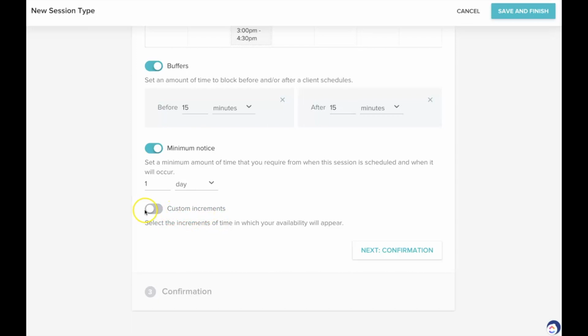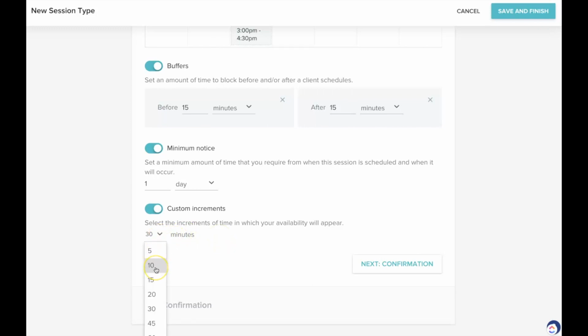And we can do custom increments. So I'm going to toggle this on so you can see what this looks like. When someone comes to your calendar and wants to look at the availability or the option appointments, I actually want them to see the options within every 10 minutes. So if I have a 2-hour period, they can actually choose something within every 10 minutes that best works for their